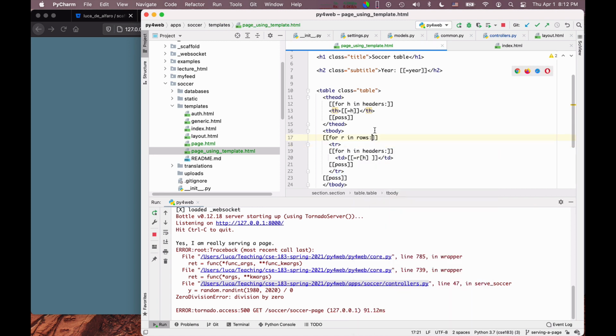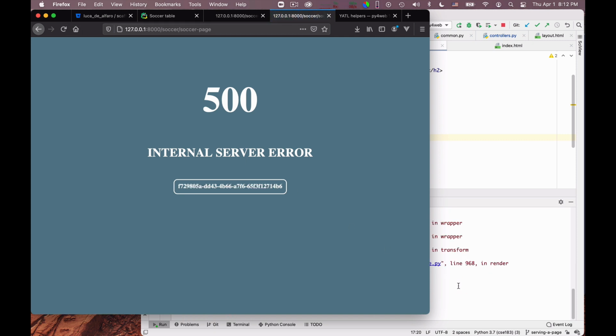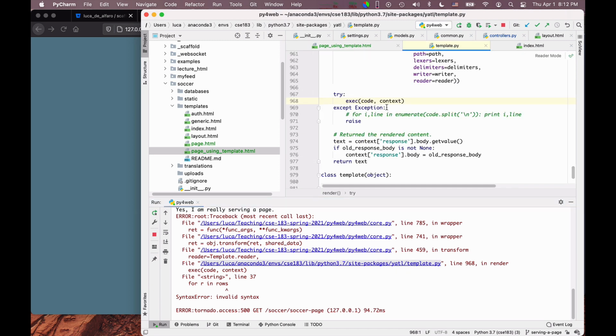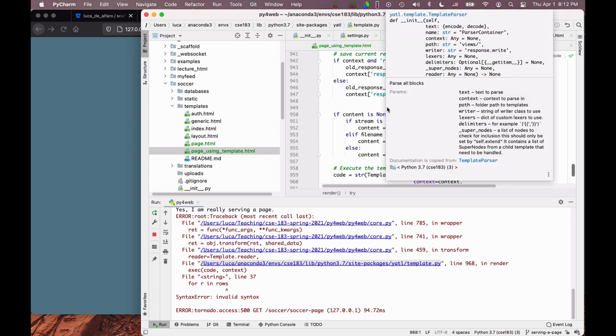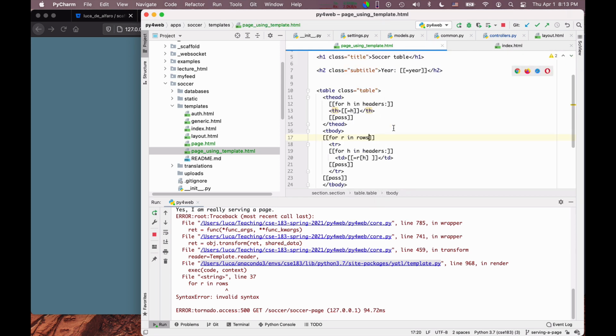Instead, if the error is in a template, let me produce another template error. Let me omit this colon just to try. You see, if I go to the place where the error occurs, it's going to be a fairly obscure place inside the template code, which you haven't written and which you're not supposed to be bothering with really. So if the error is in a template, you see it because the error is in the package YATL, yet another template language. That's a sign that you have to read your template very carefully and experiment with it. And those errors are unfortunately probably the nastiest.